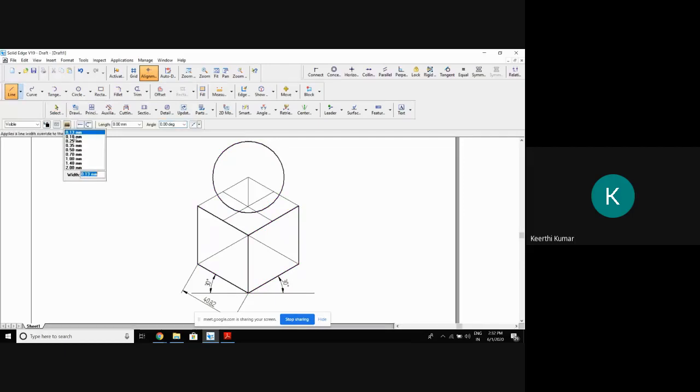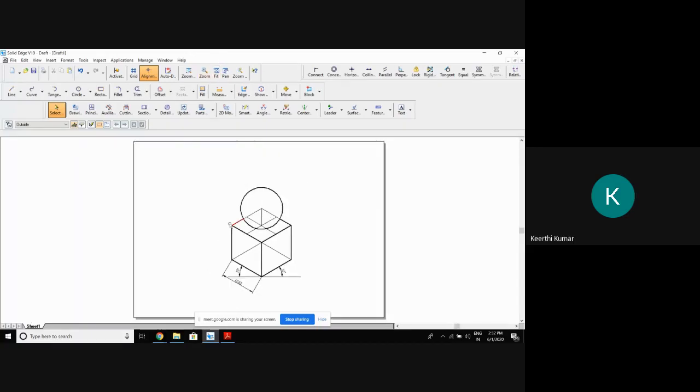Then a portion of this line till here will be thick. After drawing everything with a thin line at the beginning, finally you make only this one thick. Like that you try to make it. Redraw once again the line on this thick line so that the figure looks like this.